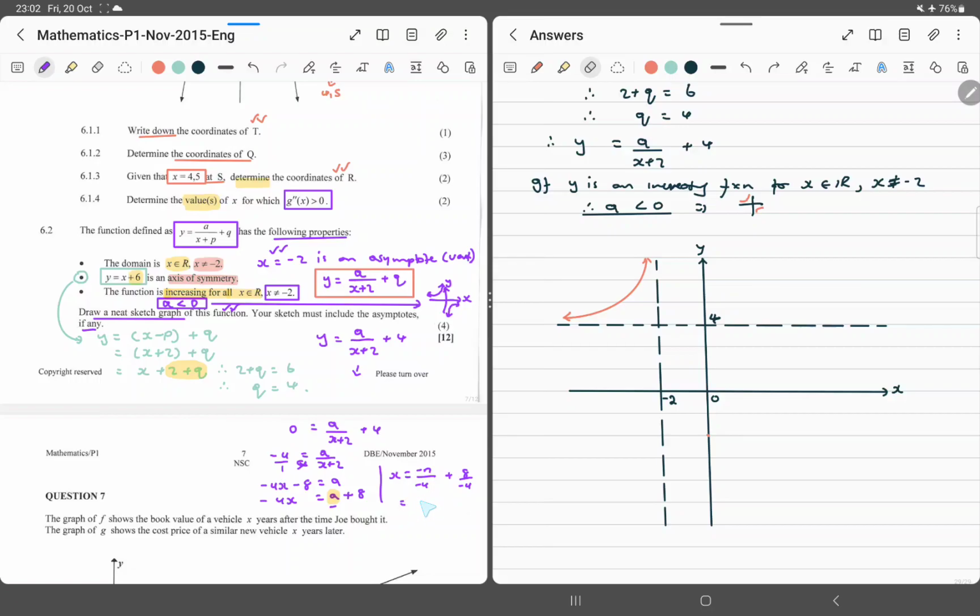So this is going to be basically a positive a over 4 minus 2. All right, so now this is still elusive. I cannot be so sure. If this was positive, it would be so nice, because we would know where we are going. But now I am not too sure where we are, so this is going to be a bit difficult to handle. So our x-intercept,